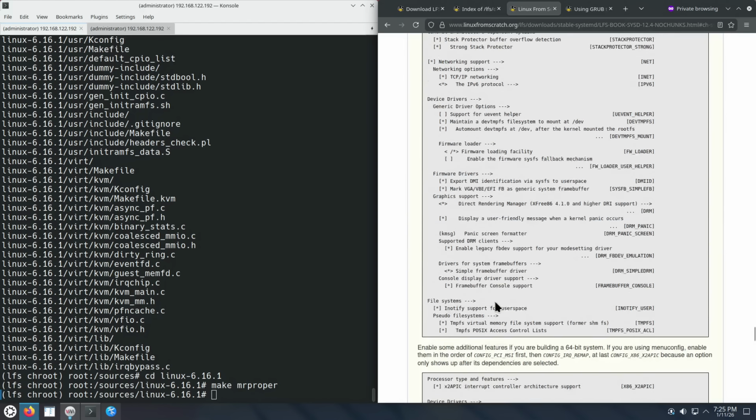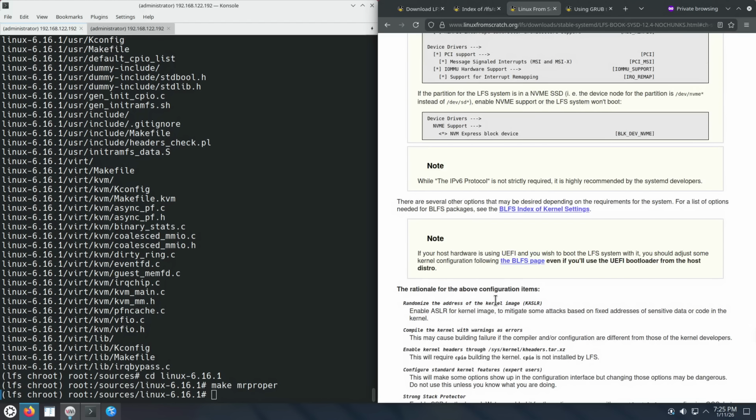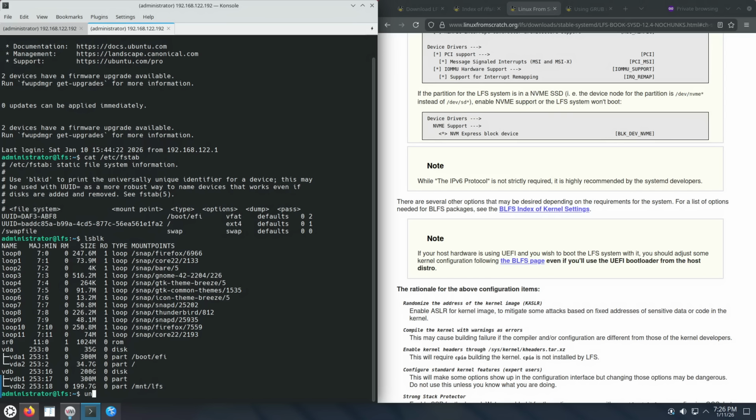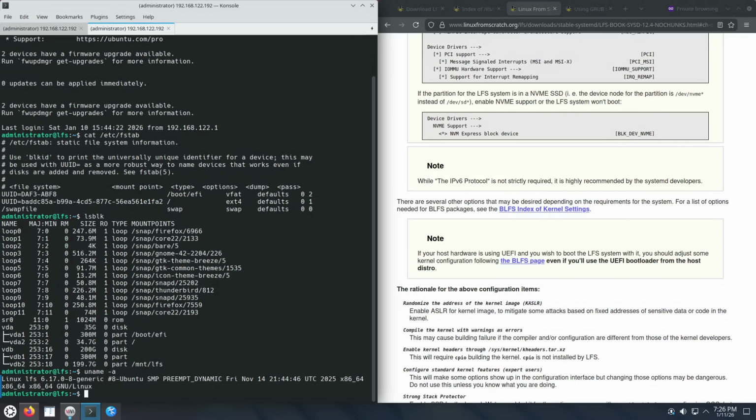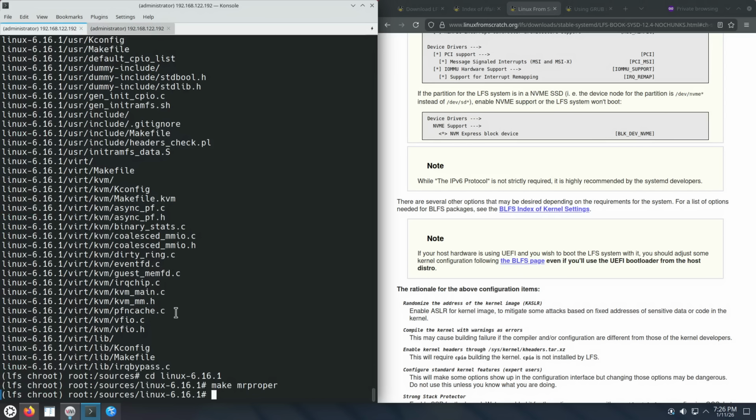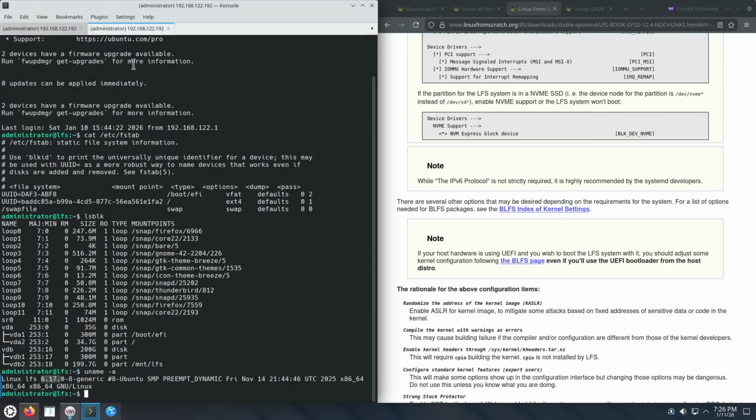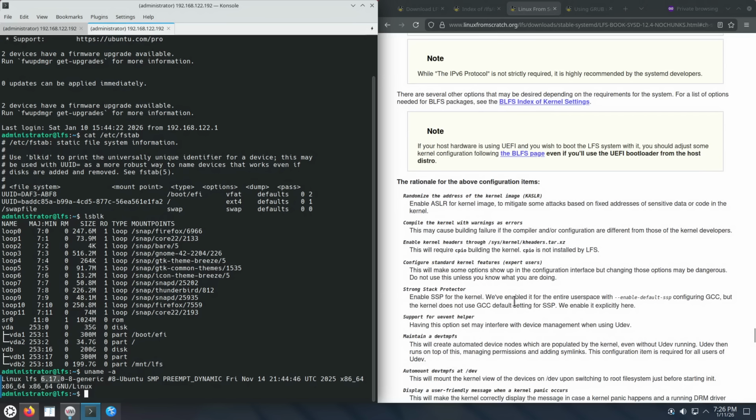The simplest one is if by any chance the Linux kernel that you have on the host machine, 6.17.0, is similar to the Linux kernel that we use in LFS, which is 6.16.1, which it is. Then a possible thing to do is to actually copy the existing configuration file from the host machine, in this case the virtual machine Ubuntu 25.10,